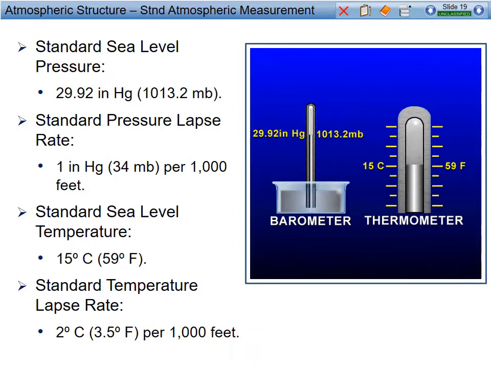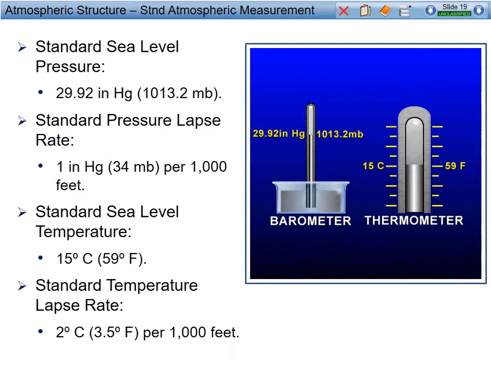We have some standards that go along with atmospheric measurement on what we consider to be a standard day, or standard day conditions. A standard sea level pressure at mean sea level is 29.92 inches of mercury. We typically do not state the decimal and only report it as 2992. The equivalent to that is 1013.2 millibars, and you will not need to know conversions for the homework or for